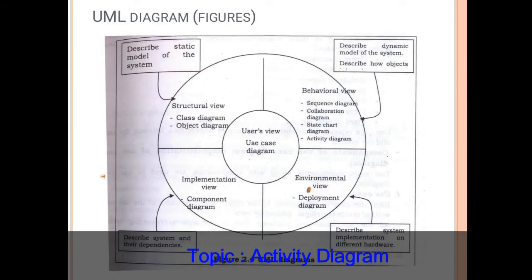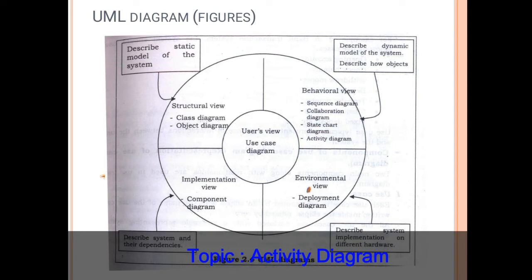See here, this is the behavioral view of UML diagram. The UML behavioral view consists of the sequence diagram, collaboration diagram, state chart diagram and activity diagram.